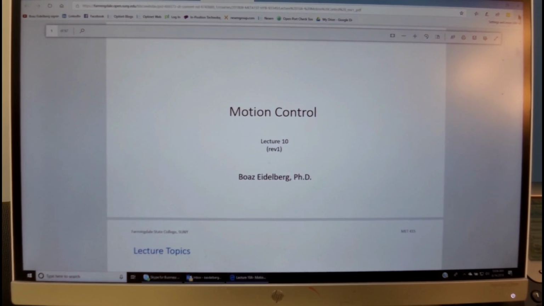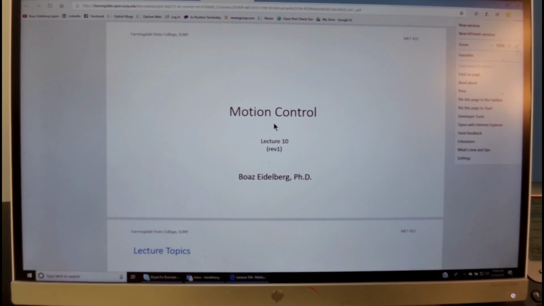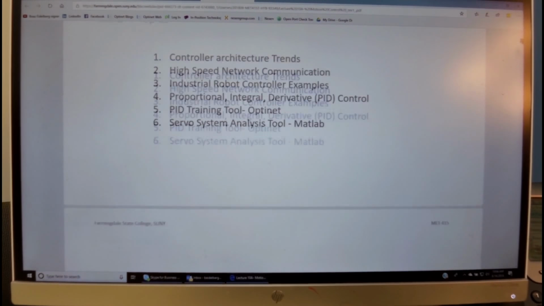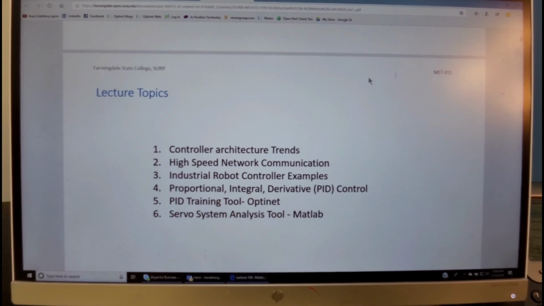The lecture will cover motion control. The topics that we will discuss in this presentation include controller architecture trends, high-speed network communication, and an industrial robot controller example.